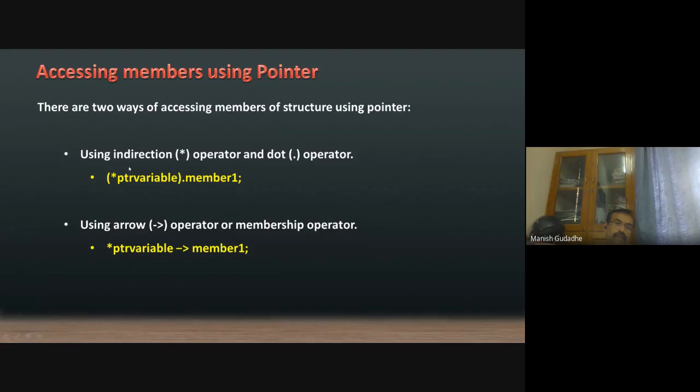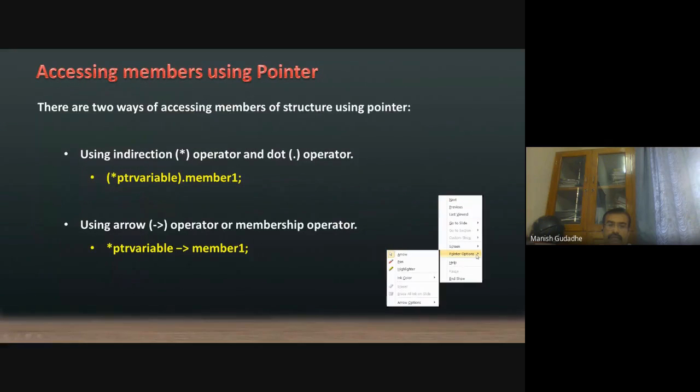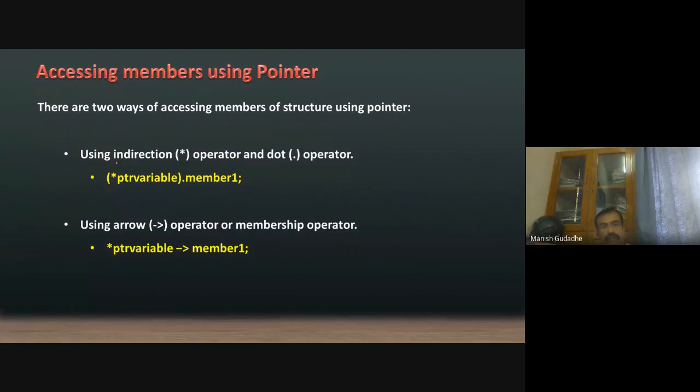First, we can use the indirection operator together with the dot operator. Remember this term, the dot operator, used in this way: (*pointer variable).member1. Member1 is a member of that data structure, and the pointer variable stores the address of a variable defined from that particular structure.